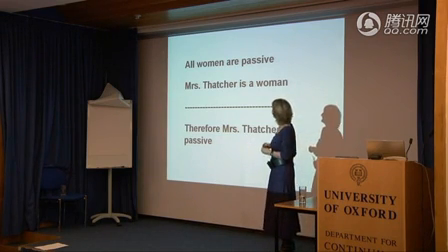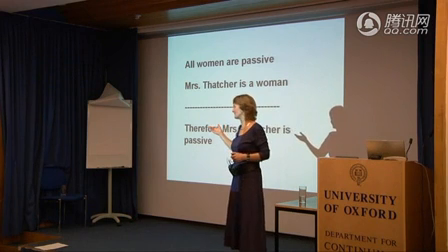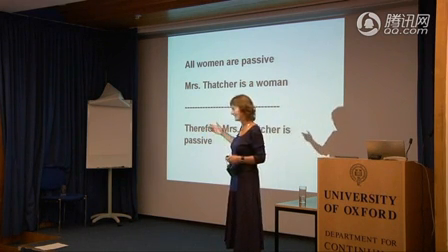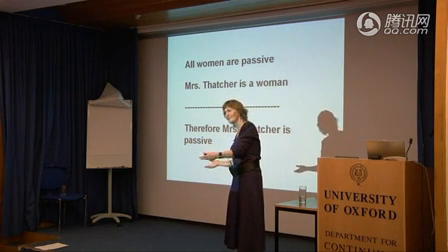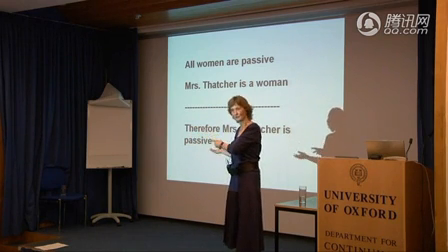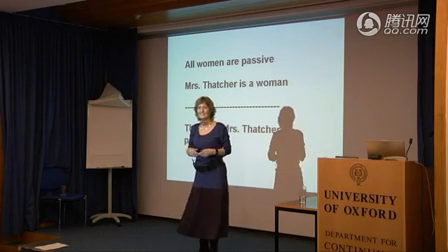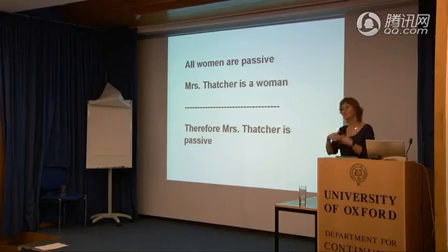And here's another one. All Labour Party members are left-wing, or all socialists are left-wing. Tony Blair is a socialist, therefore Tony Blair is left-wing. And if you think Tony Blair is far too right-wing to be a socialist, you're going to say that Tony Blair isn't a socialist, rather than that not all socialists are left-wing. That came off the top of my head. I may have got bits of that wrong, but I hope you can see the general thrust of it.